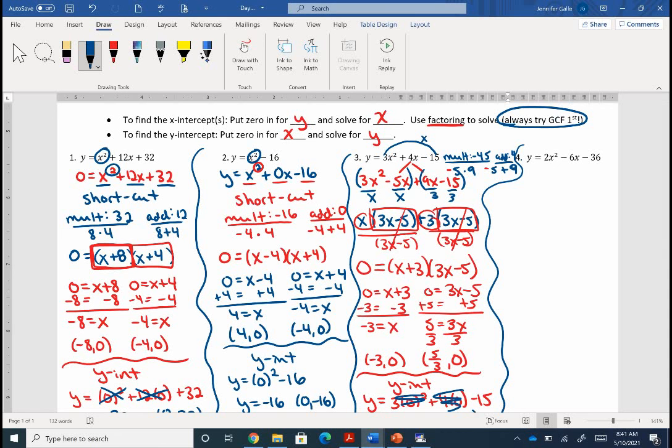Because right now, if I look at number 4, I'm thinking, oh man, that's like number 3. I'm going to have to do that multiply thing and do all that work. But if I take a closer look, though, all those terms can all be divided by 2. So since they can all be divided by 2,